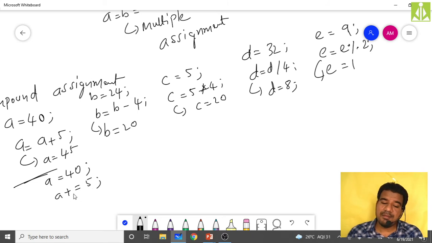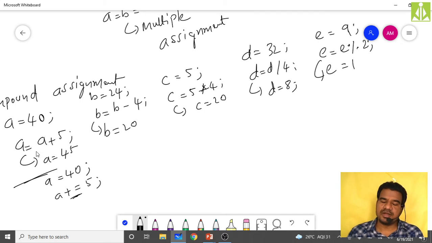This plus equals is nothing but your compound assignment statement. This is the same as writing A is equal to A plus 5. Because A gets repeated over here, we removed this A and wrote A only once, and we shifted this plus from after the assignment operator to before the assignment operator. Only that modification we have done.